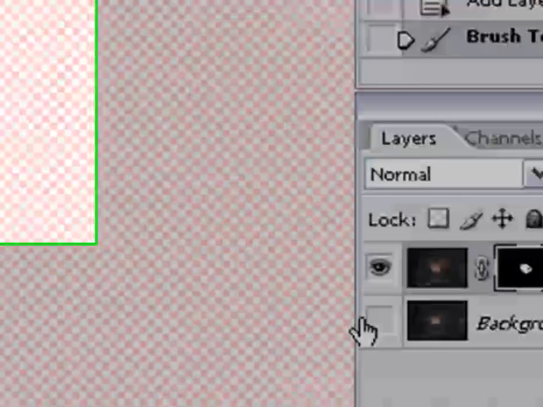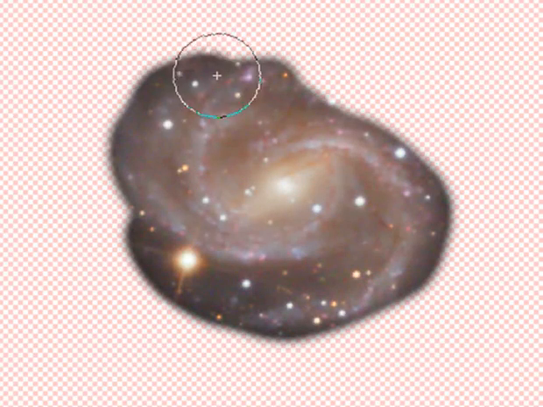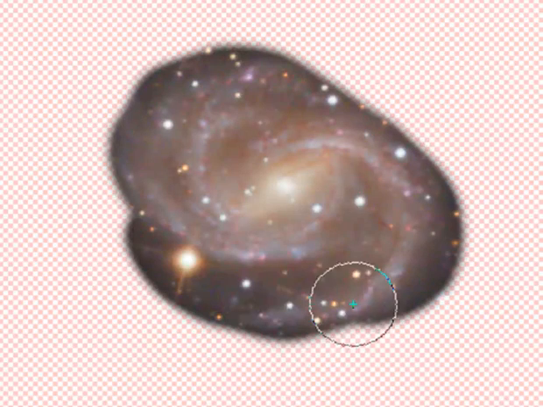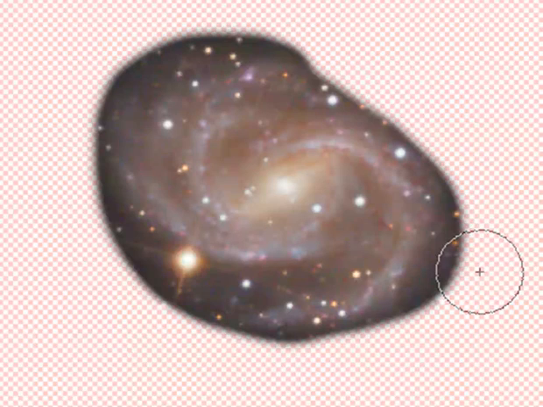Let's have a look at the mask itself, and we see we can change our background patterns and colors. We can see though that we've missed some areas, and so we might want to refine that a little bit